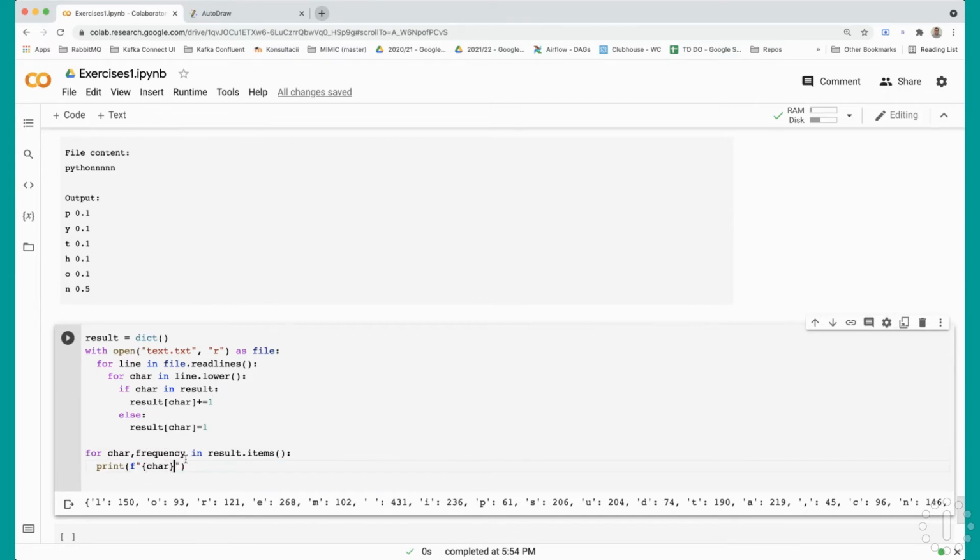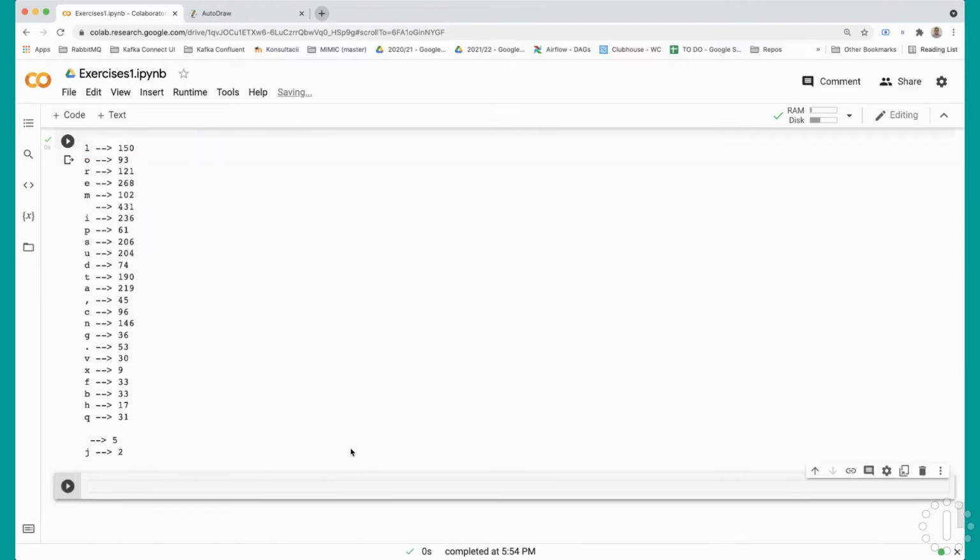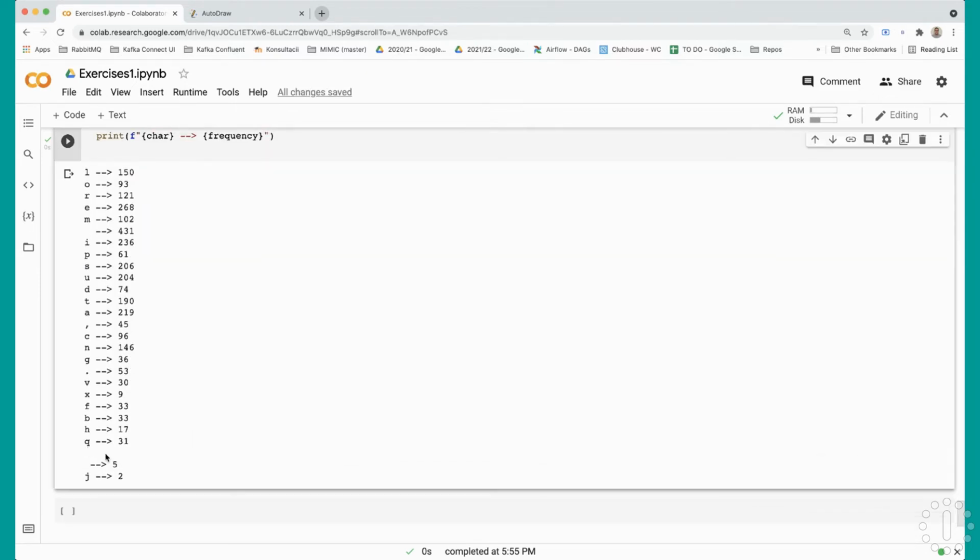So the character car has occurred frequency times in the text. Let's take a look what will happen. And here it is. We can see that it even detects the empty space, the new lines over here, because we have 5 paragraphs. So the enter key was pressed 5 times, and also even the spaces are detected over here, the commas, the